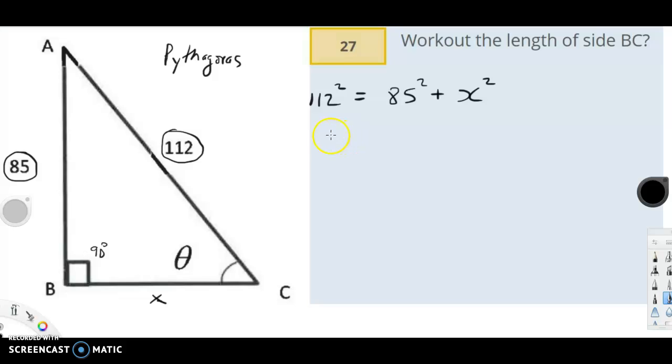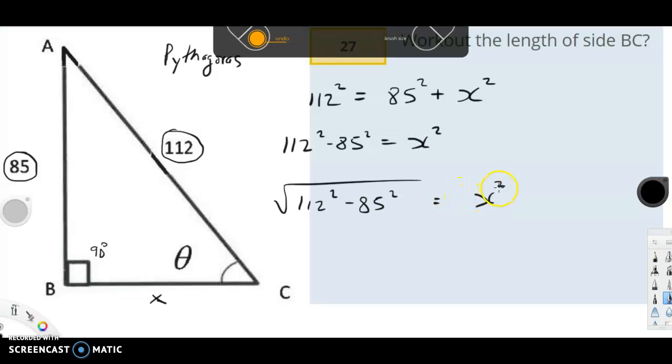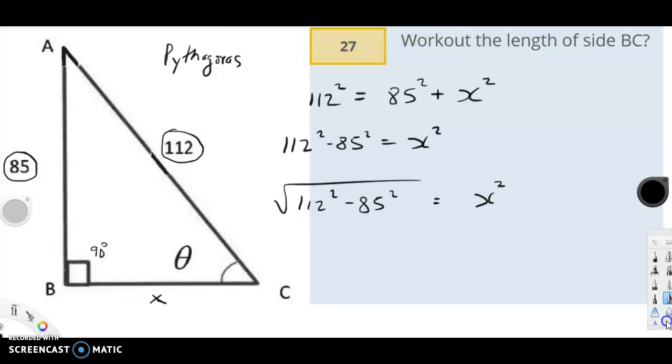So we subtract 85 squared from both sides, and we're left with this. And we don't want X squared, we want X. So we'll just get the square root of both sides. Right? That's the square root of both sides. But these two cancel each other out here. See that? So we're left with,